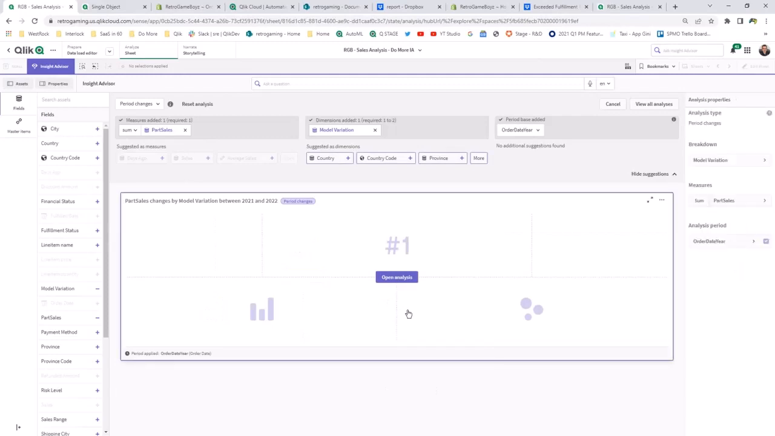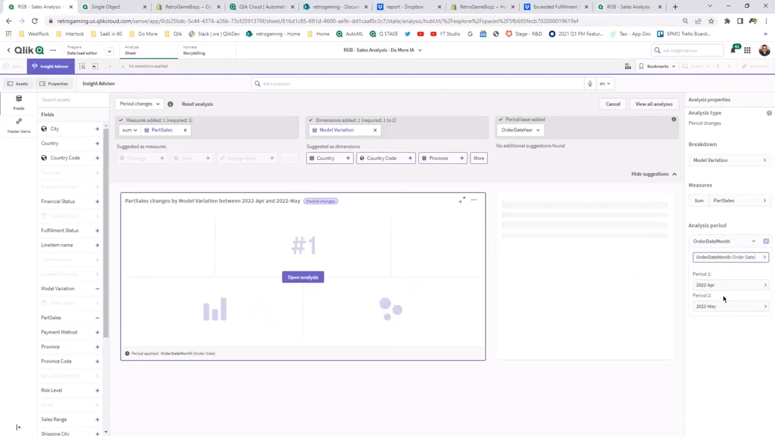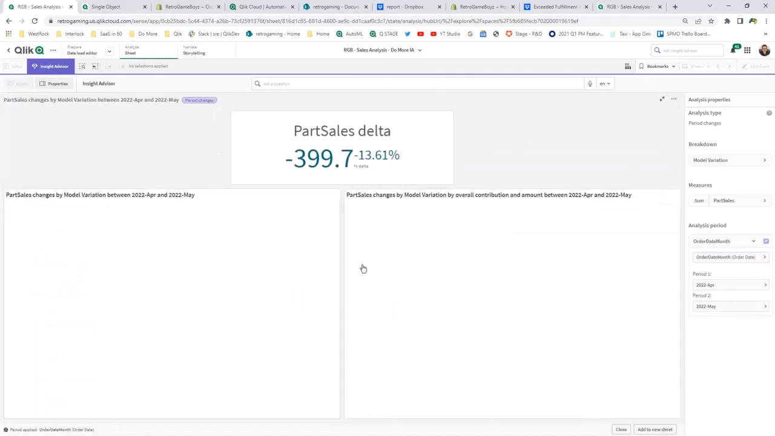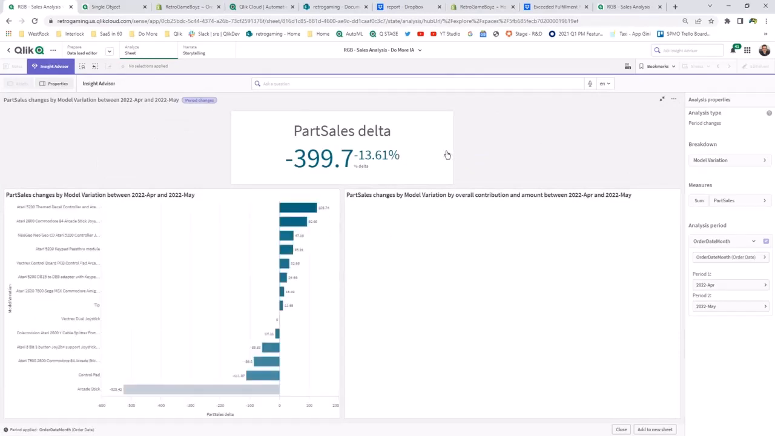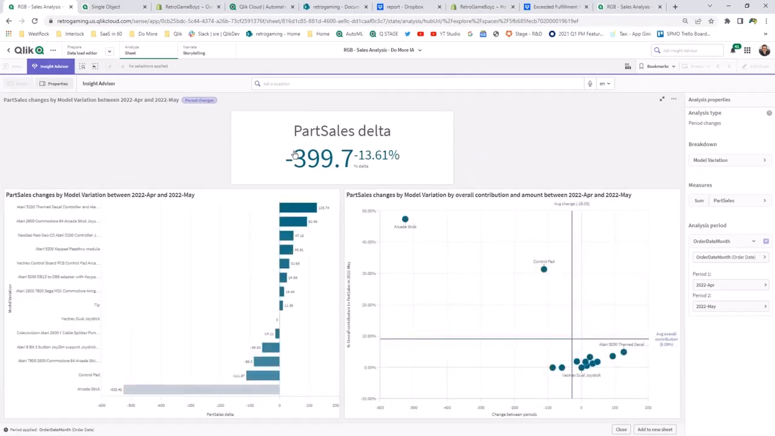I can select the template, and I could further make some changes, such as changing the aggregations or the breakdown of the dimension, but I want to use the ones that I selected. And we're going to go back and we're going to select our order date month. And we're going to look at April versus May. And then we're going to click Open Analysis. This creates a change dashboard that shows me the different elements between April and May. We're at a minus 400 loss right now for the month of May when compared to April,